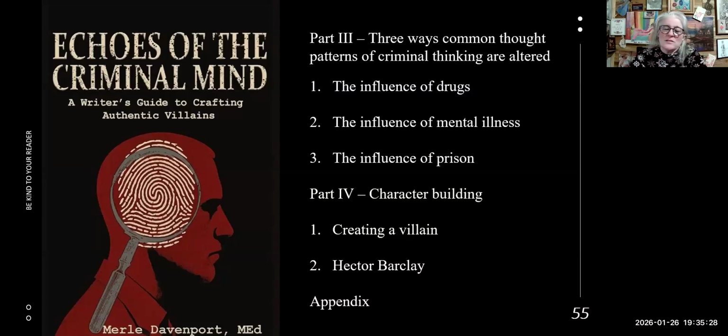So, mental illness, you could write mental illness into your story because that's a lot more prevalent than we want to admit in our real life world. People have been in prison. It has had an influence on them, and they're out here in the big wide world trying to do well, trying to do right, and it's hard for them. Easier to live in prison once you've gotten used to it than it is to be out. And that's a sad fact of life. And you'll read about that in Merle's book.